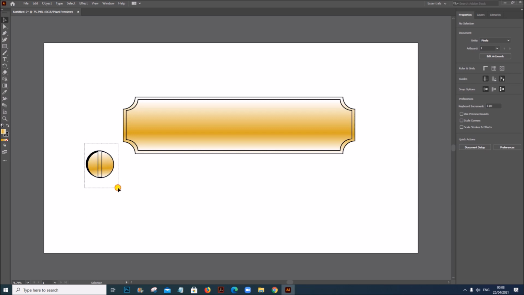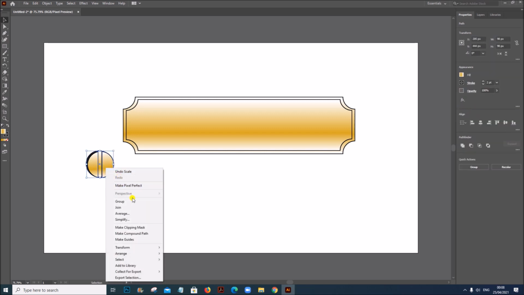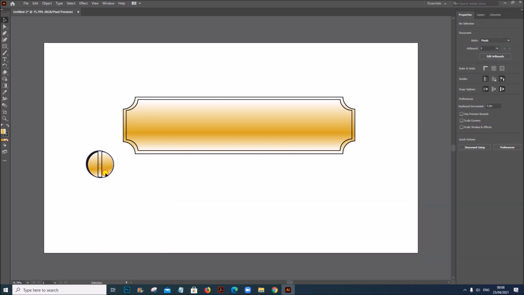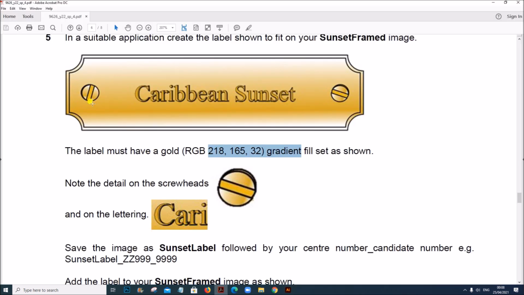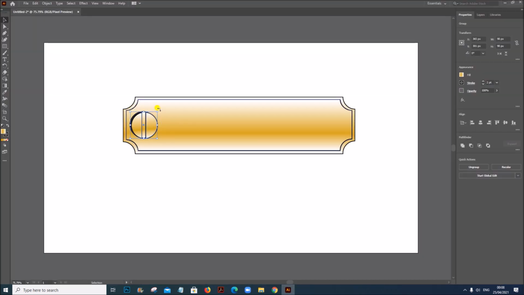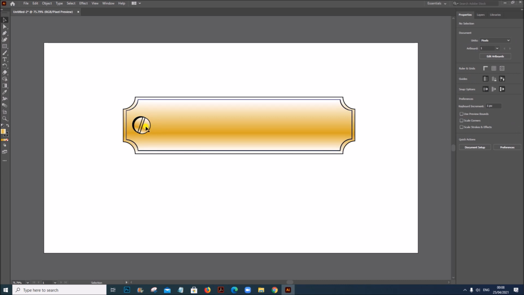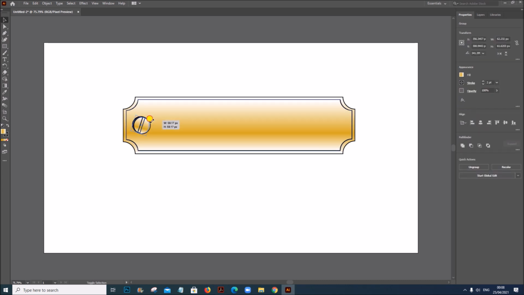Let us select both of them and group it. Now keep it here. Can make it a little more smaller. You can copy to this end.